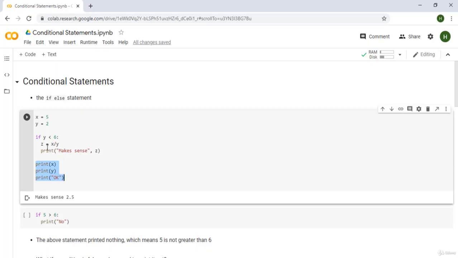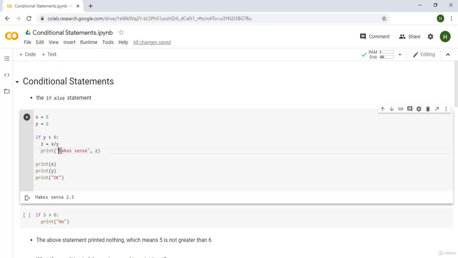And how are they not part? If you have noticed, there is a slight indentation over here. This indentation ensures that these particular statements belong to the if condition. When you write the colon over here, it ensures that this is the syntax for the if condition. So we're going to write if, we're going to write our condition, and then we're going to use this colon to ensure that these particular statements belong to the if condition. This is just the syntax, and the indentation ensures that